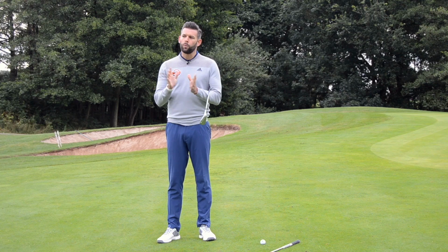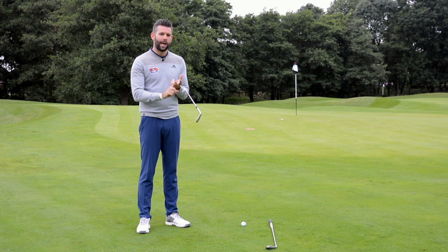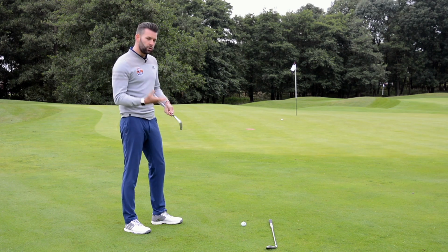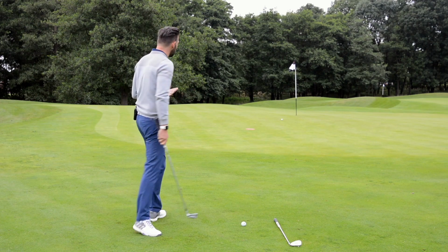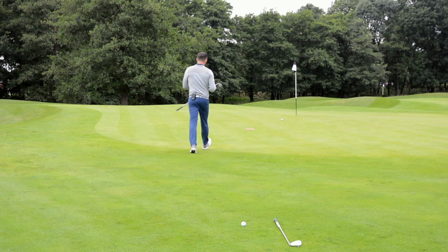So what would I practice if that was my pattern? Well, I wouldn't practice my strike, I wouldn't practice my technique, I wouldn't practice my flight control, I would practice my distance control, because there I landed the ball short of where I wanted. Now you can do that with a couple of different clubs, so I then would also maybe look at a different club. So I've got my 9-9 here. 9-9 being lower loft means I need to land the ball closer to me. So I would walk up, I would move my spot,